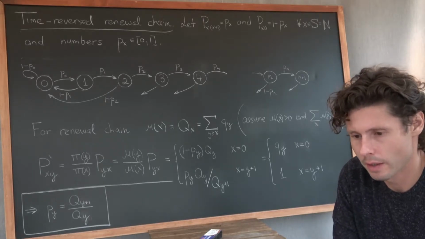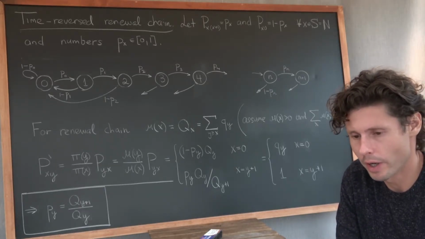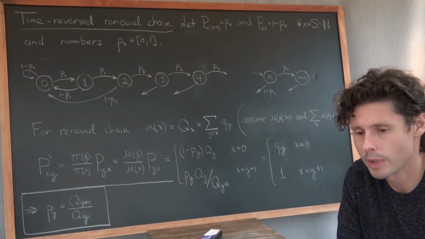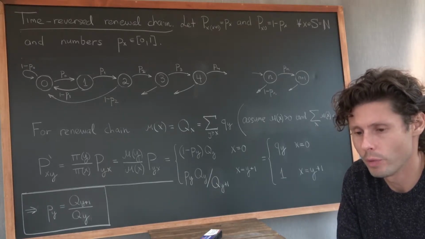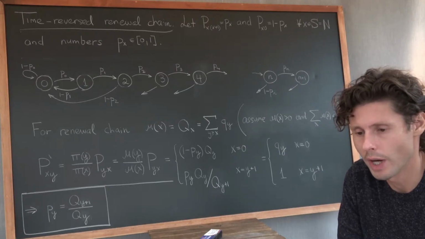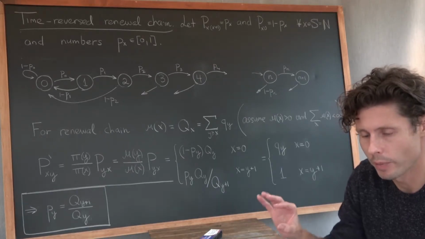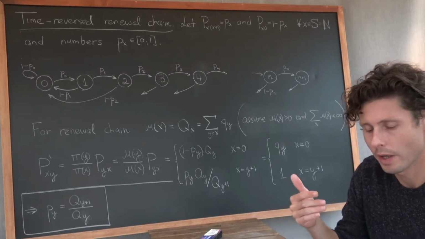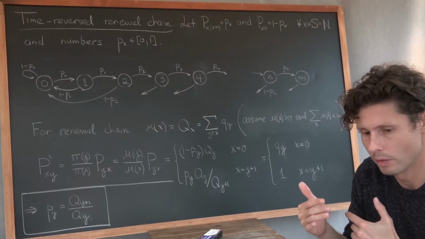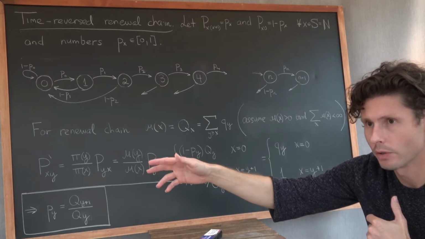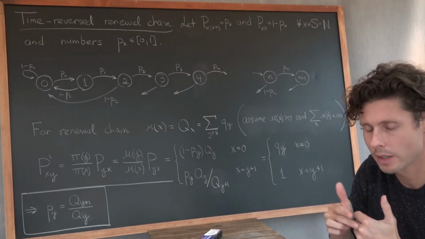Okay, so let's take this previous example that we had and try to generalize it. What would our guess be for the most general version of the time reversed renewal chain? We saw that the transition probabilities had to be flipped. So instead of, in the original renewal chain example, going from state 0 out far to some natural number and then deterministically coming back to 0,